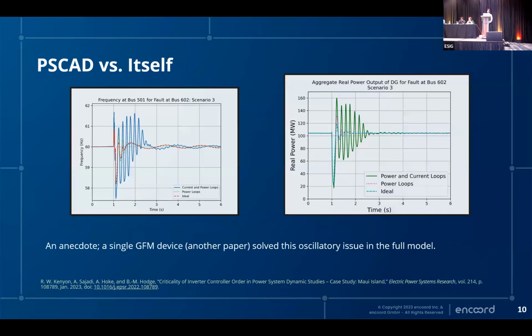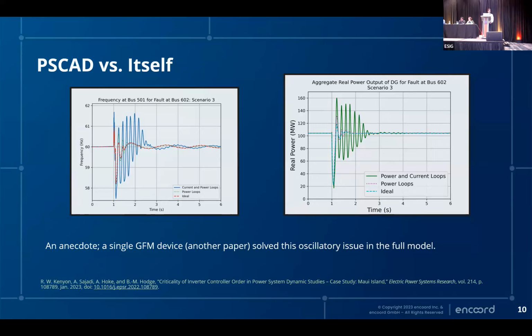And what did we see? Well, if we brought the system to the dispatch of that scenario 3 where we saw all of those oscillations in PSCAD, we found that in the power-loop-only control, which is to say when we had the filters and the current controllers taken out, the oscillatory element was quite substantially damped. In fact, you might even say it's not present, but there are a few periods in there. Of course, it persists in the full PSCAD one. We knew that was going to be there. So it begs the question of which one's right? Why did we see it there?